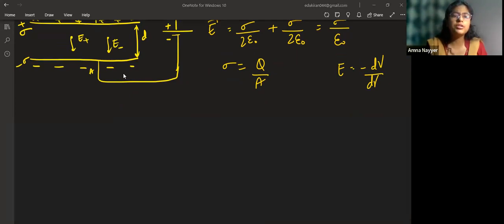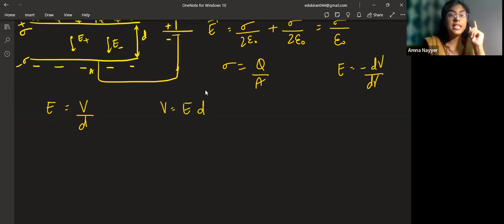From here, directly, I can write it the way you were mentioning, very well. Chavez was mentioning that electric field is potential divided by distance. So potential is actually electric field multiplied by distance. The steps will remain the same, and you will be seeing different cases. Please understand this first derivation.